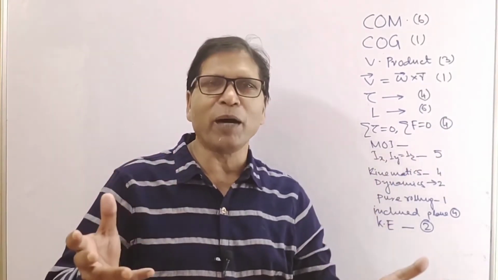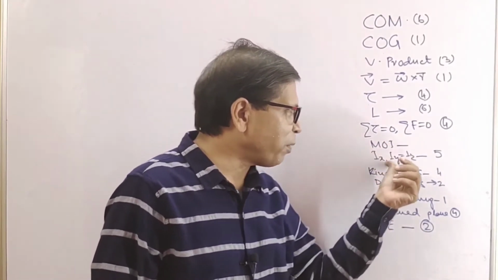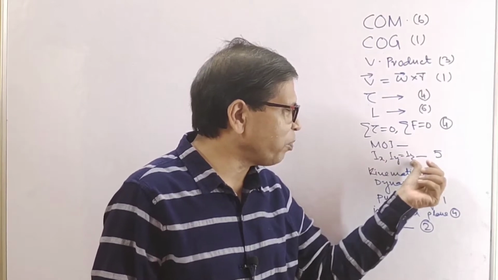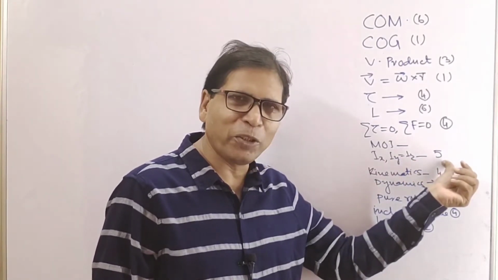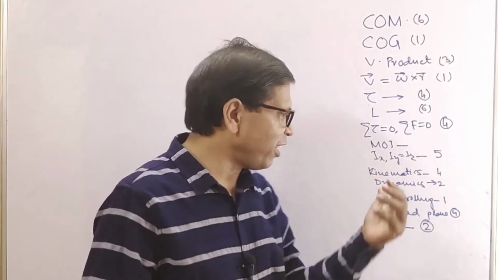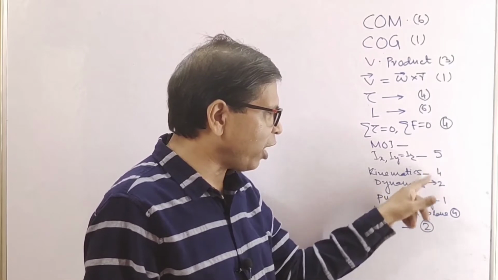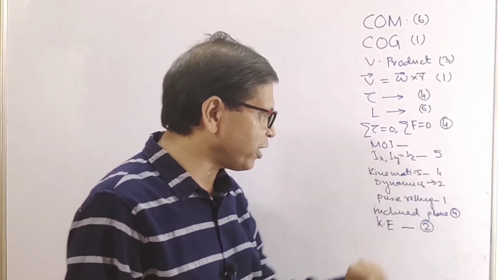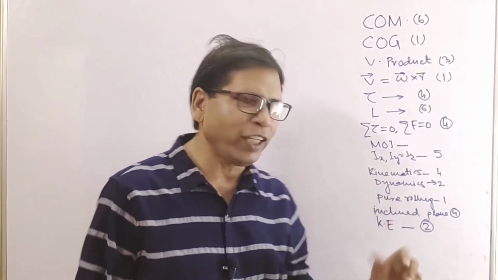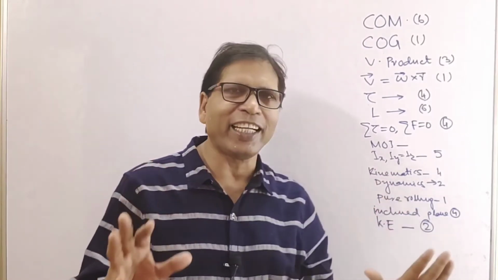then the equilibrium of a rigid body, moment of inertia, perpendicular and parallel axis theorem, and 5 numericals related to it, and kinematics of rotational motion, dynamics of rotational motion, and related numericals of this are 4 plus 2, that is 6. Then pure rolling, motion in inclined plane, and kinetic energy